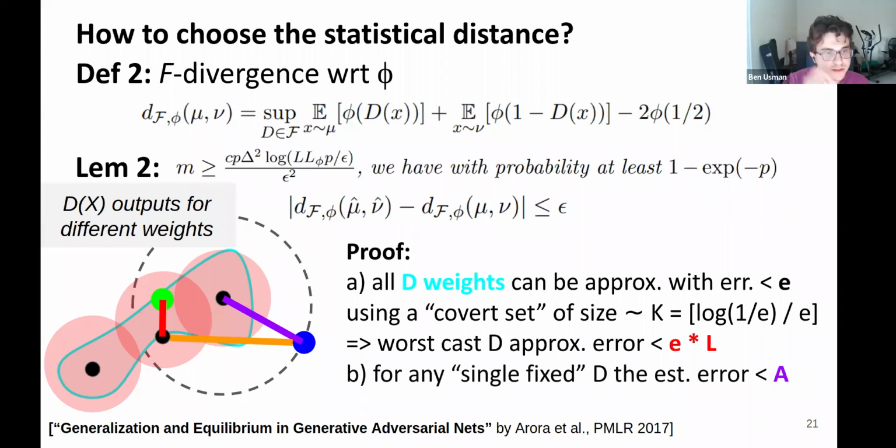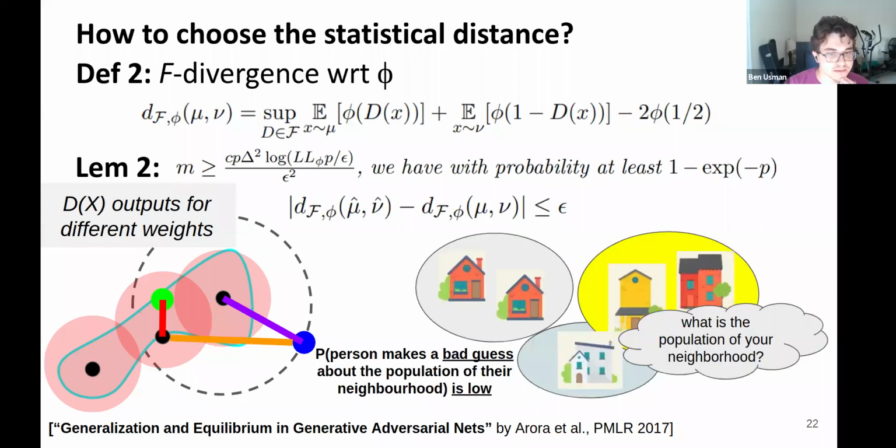for each of those discriminators in the cover set, we can show that we can estimate their output on the data set with very few examples from that data set. As a result, because effectively there are only a handful of discriminators in terms of possible outputs, and each of those few discriminators is almost guaranteed to give quite an accurate idea about its average output, even with very few examples. As a result, with very few samples, our chances of getting a large mismatch between the true divergence between data sets and our sample estimate stay very low,